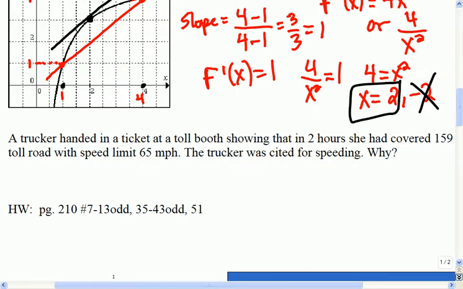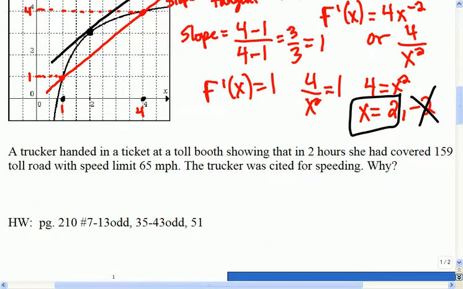It's not the greatest example, but I guess whenever you get a speeding ticket, there's always this argument, right? So let's just say a trucker goes through a toll booth. So you know that in two hours from the time she got the ticket in the toll booth till she stopped, she's gone 159 miles in 2 hours. Okay? So assuming she didn't just rip through the toll booth and grab it on her way, right? She probably stopped to pick up the ticket and then go through the toll booth, right? Pay her toll. So assuming then that when she started,